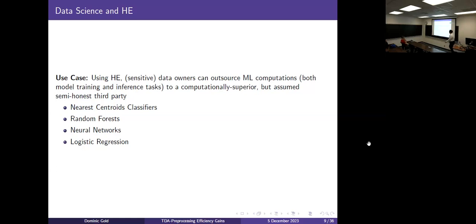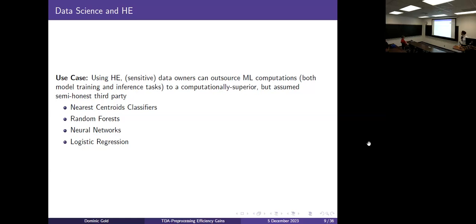And so right now, at least from what I've read, there are a lot of things that are currently supported. For example, a nearest centroid classifier is simply Euclidean distance, so we could easily imagine that being homomorphic encryption compatible. But there's also decision trees and random forests, logistic regression, and there's work done by Microsoft as well as plenty of other people that realize neural networks as well, both in the inference portion and even in the training portion. Now, as you could imagine, homomorphic encryption-based training is quite computationally intensive and is also generally iterative.